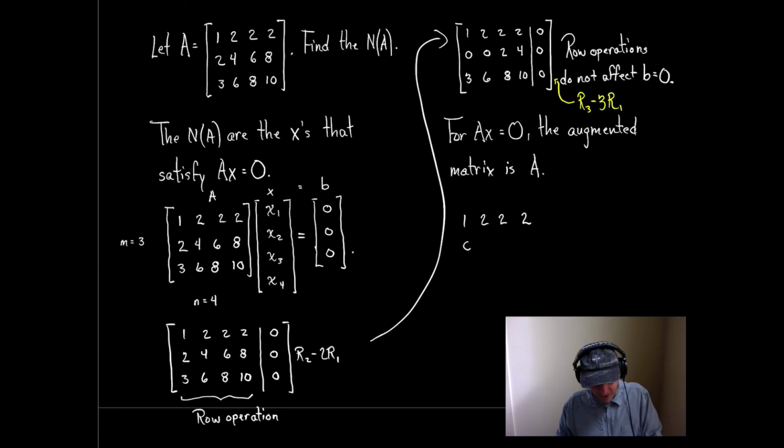And then I have a 0, 0, 2, 4, and then I have, let's see, 3 minus 3 is 0, 6 minus 3 times 2 is 0, 8 minus 6 is 2, 10 minus 6 is 4,